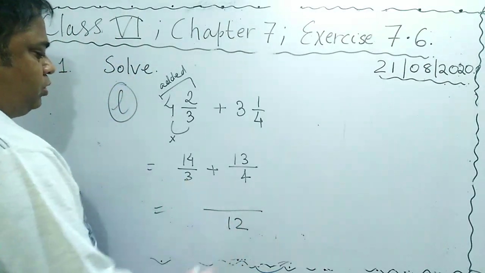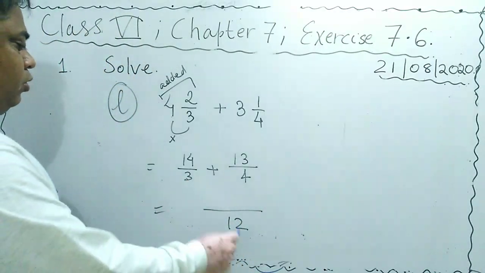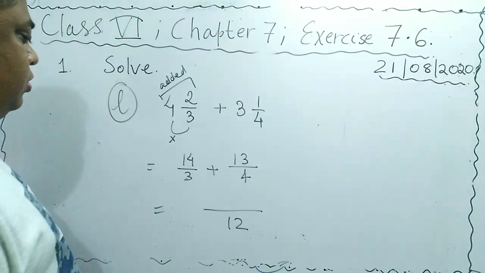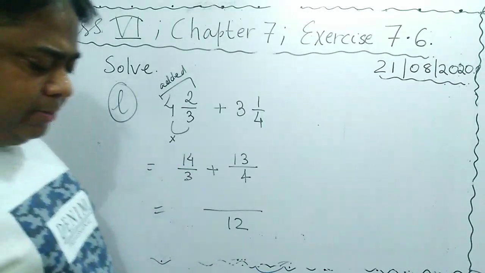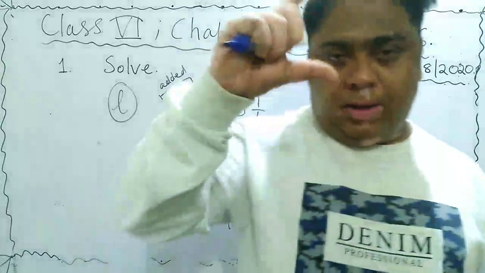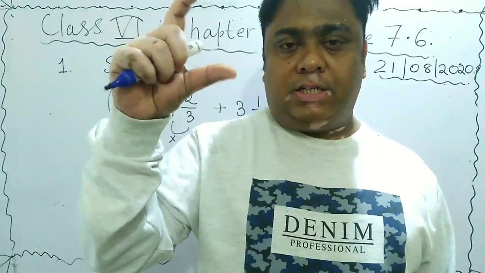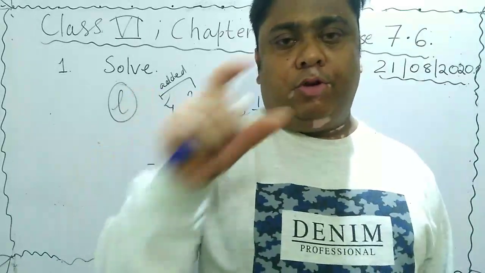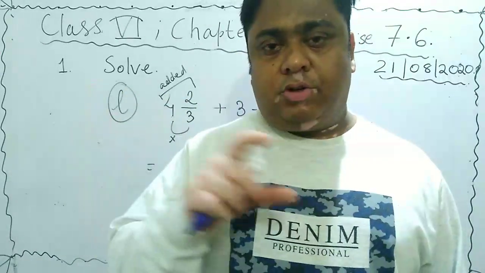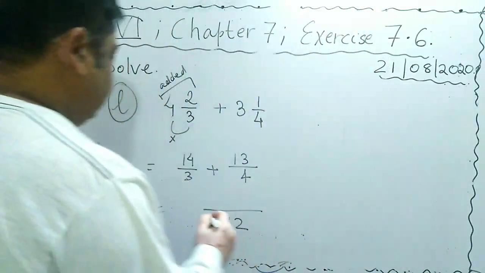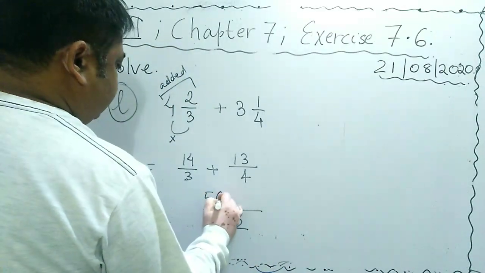Now 3 4s are 12 and 4 14s are, how will you take it out? 4 14s are, do the mental mathematics like this. Keep 14 in front of your eye, keep 4 below that. 4 4s are 16, keep 6 here. Multiply 4 with 1, 4. 1 was there, so it will become 56.